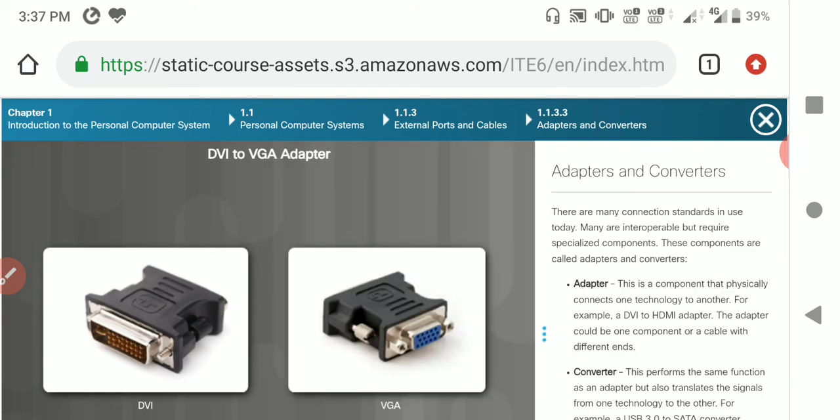This is a DVI to VGA adapter. An adapter is a component that physically connects one technology to another. It supports both DVI and VGA conversion.